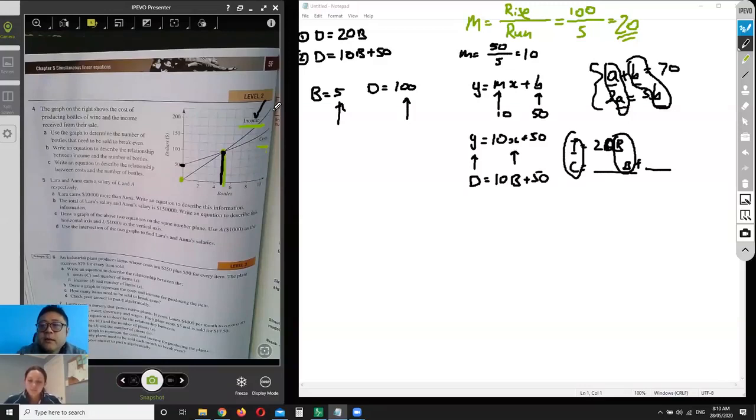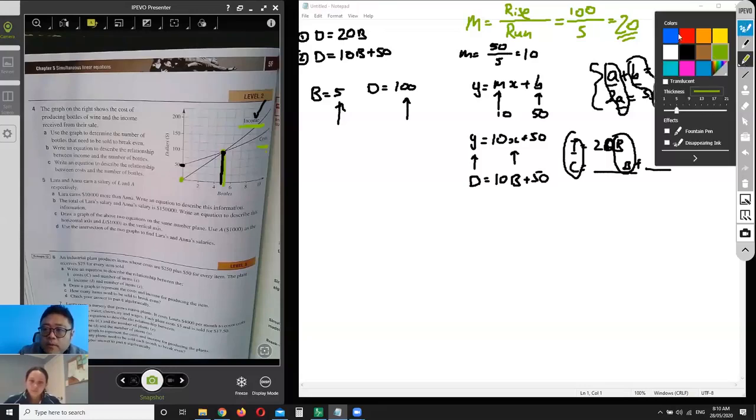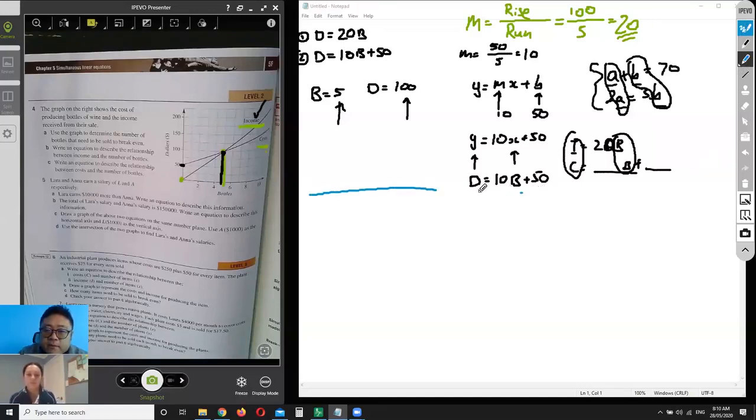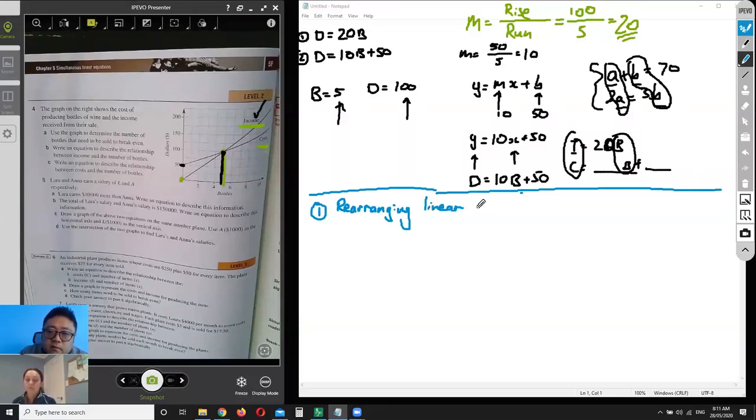Can I suggest that with simultaneous equations, the thing you can focus on to make the most difference for you is number one, rearranging linear equations to y equals mx plus b form. Yeah, perfect. Okay, that's the first thing. And then the second thing